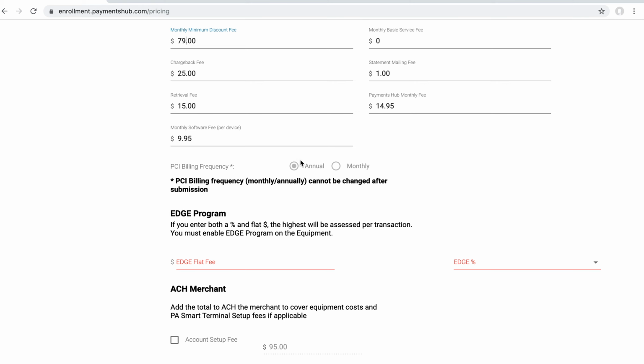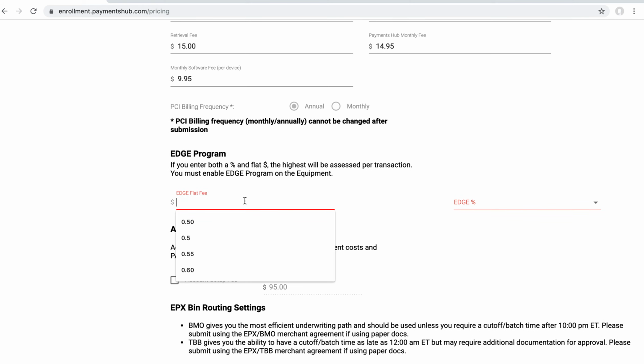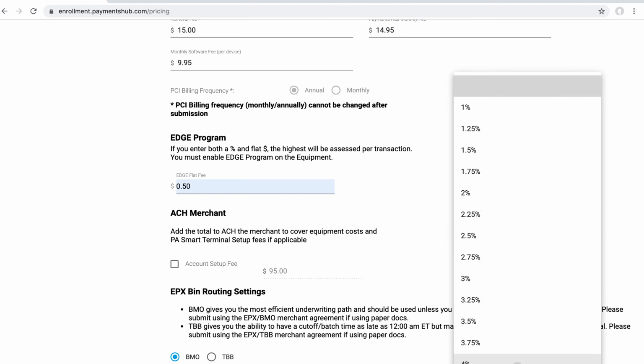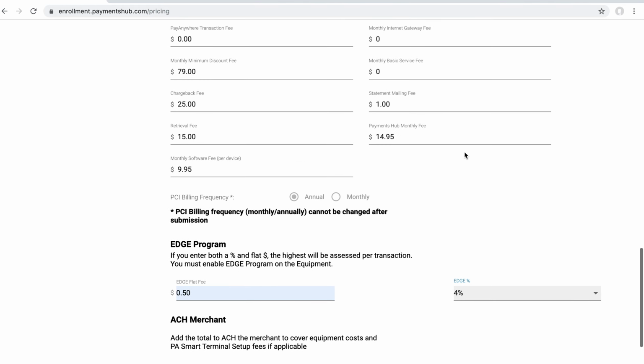All right. So flat fee, if you know their average ticket's $300 and you don't want to have a flat fee on there, that's fine. I always leave it on templates at 50 cents a transaction and 4%. So again, the math is